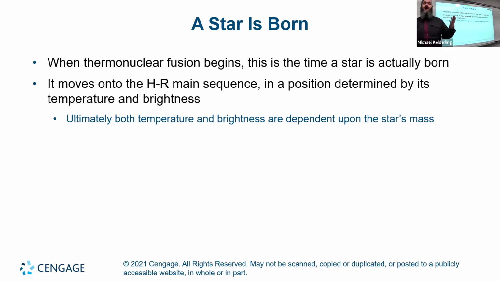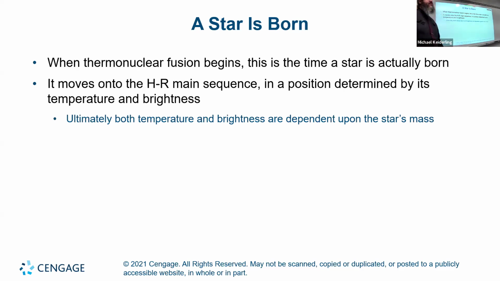And then it will move onto the HR main sequence in a position that's determined by its temperature and brightness, and both of those are dependent on the star's mass. So again, more massive stars are at the upper left of the HR sequence. They're bright, they're hot, while less massive stars are at the lower right of the HR sequence, they're cool